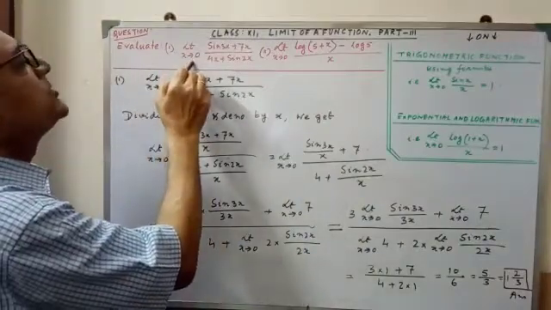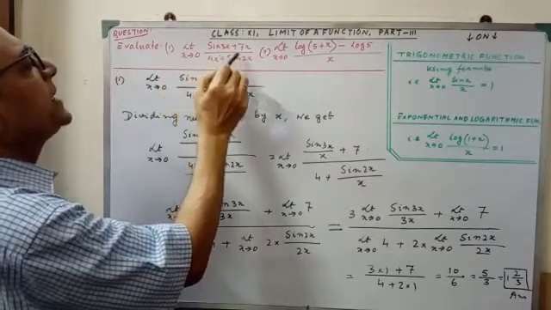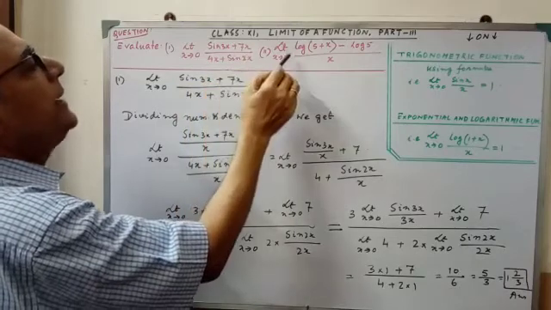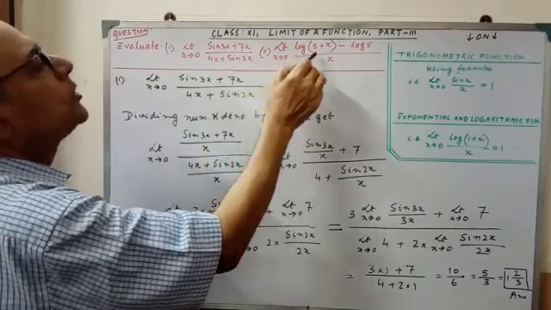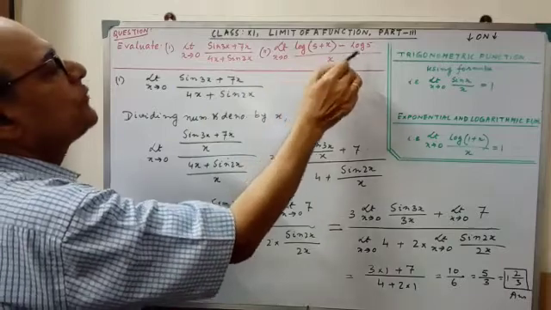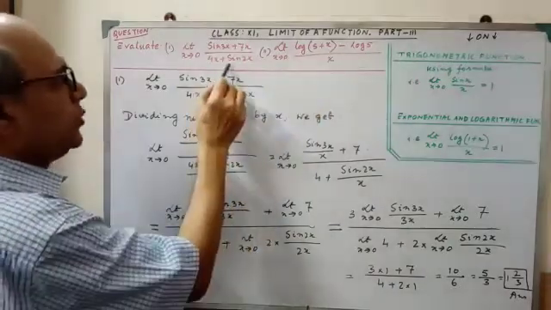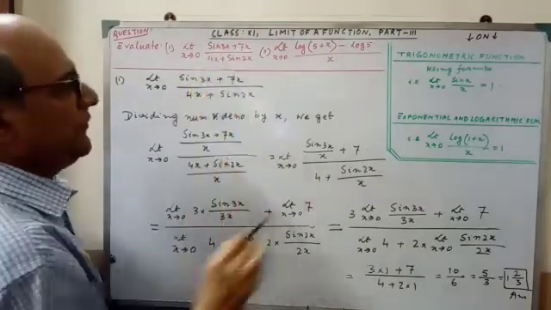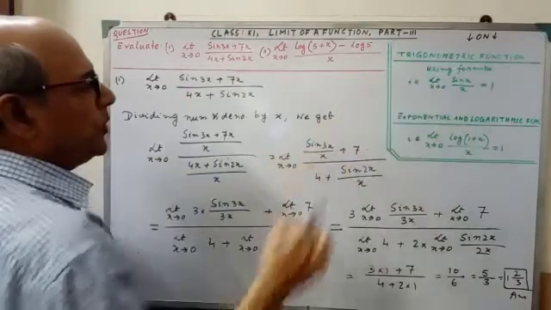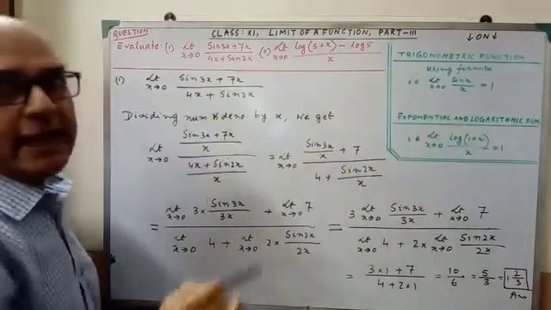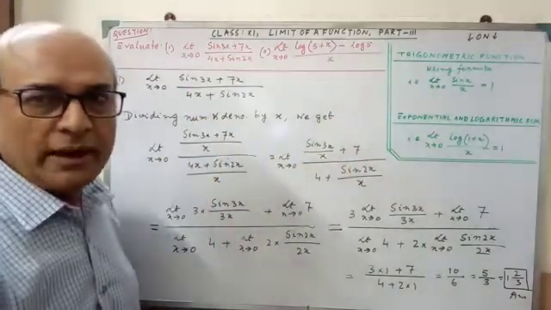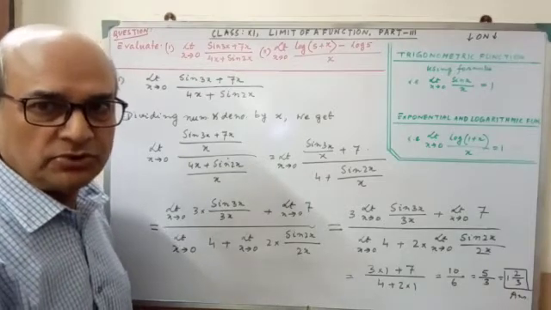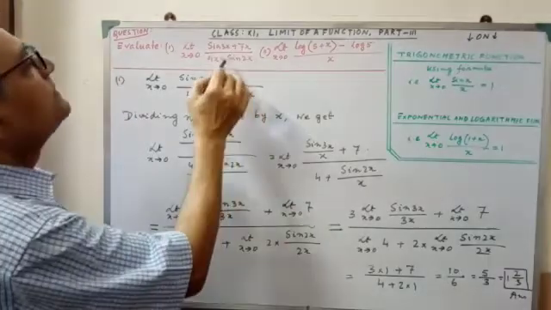Evaluate limit x tends to 0 (sin 3x plus 7x) by (4x plus sin 2x), and limit x tends to 0 (log(5 plus x) minus log 5) by x. By looking at this, it is easily clear that this is a trigonometric function. By using the formula, if it is not exactly in the frame of the formula, by simplification you have to bring it into the frame, then you have to reduce. Next,